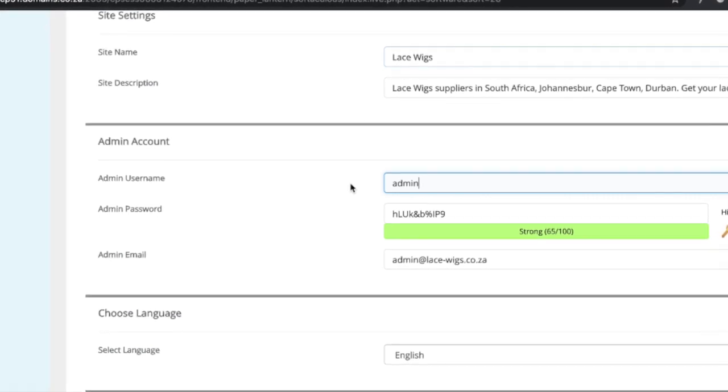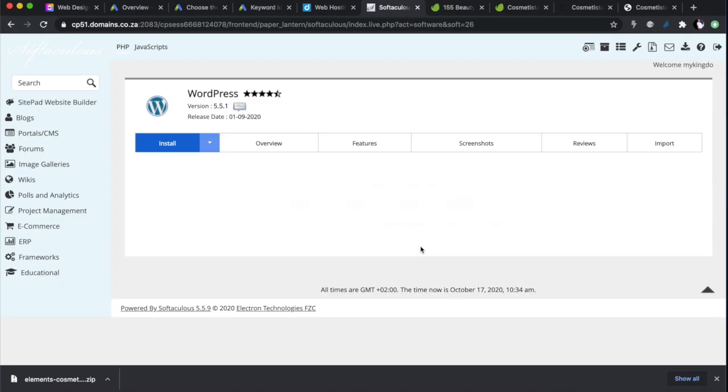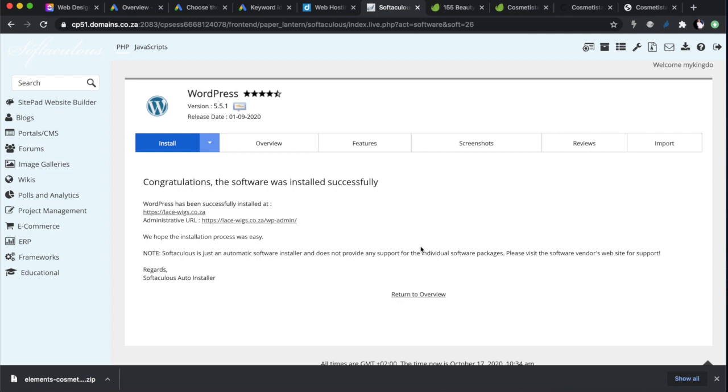Okay, and once you're done with that, you just click install, and it's going to install a blank WordPress installation on your domain that you just bought with an HTTPS. Make sure you have that HTTPS. That's what you want. It means your website has already been installed on an SSL certificate enabled site, which is going to solve you a lot of problems in the future. Do not do it on HTTP.